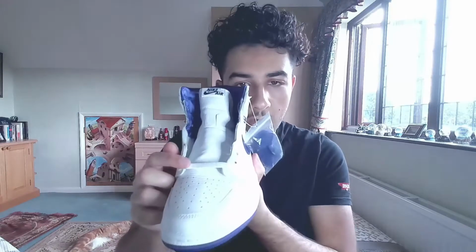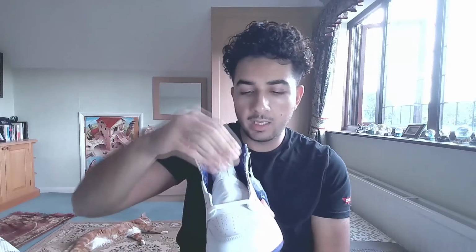Let me show you guys the other pair that comes with it, because you don't only have the white laces that you've got over here, which is honestly a really nice, clean, crisp white lace, but you also have the court purple laces to go with as well. And honestly, if it was up to me, I would replace